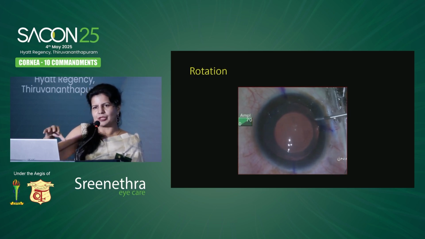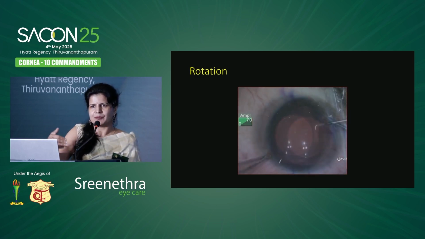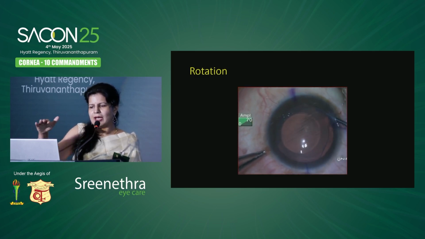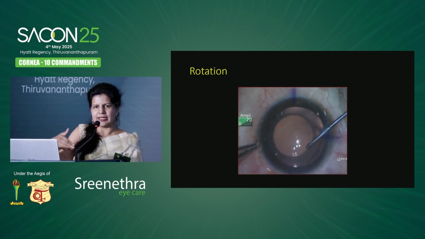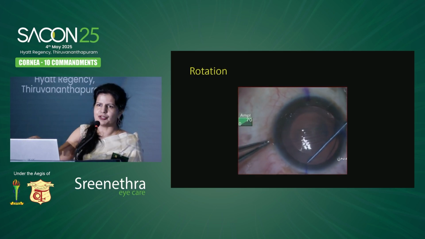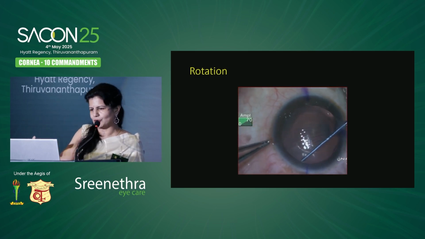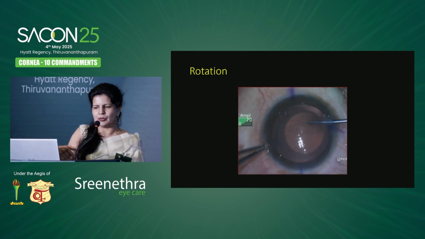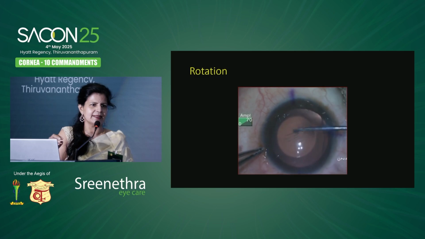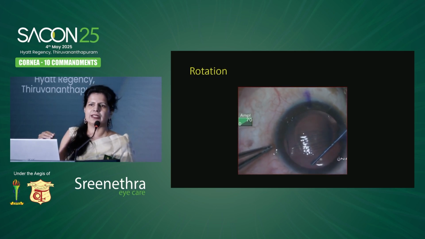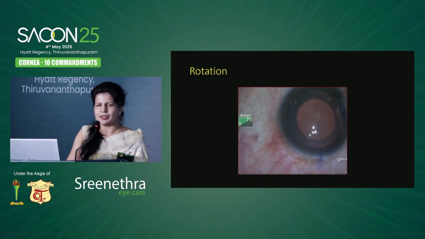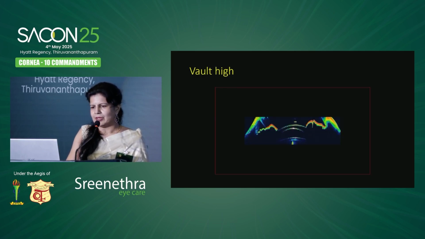So that would require moving the haptics, that is the haptics on one side, one by one, out of the sulcus, but not in front of the iris, and then repositioning them in the new position along the zonules. So again, you go to the other pole and do the same thing. So these are small technical differences between what you do with an intraocular lens and with a plate haptic ICL. So this would keep the lens back in position.